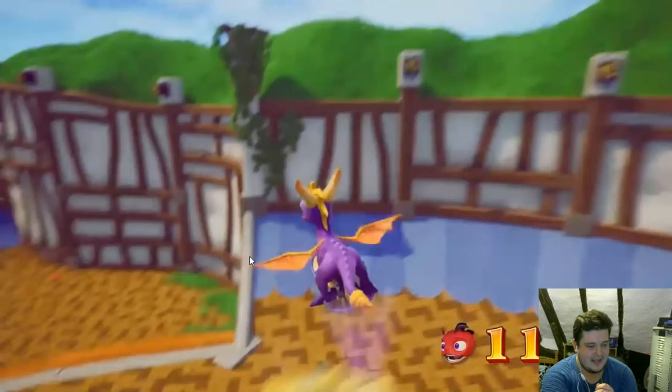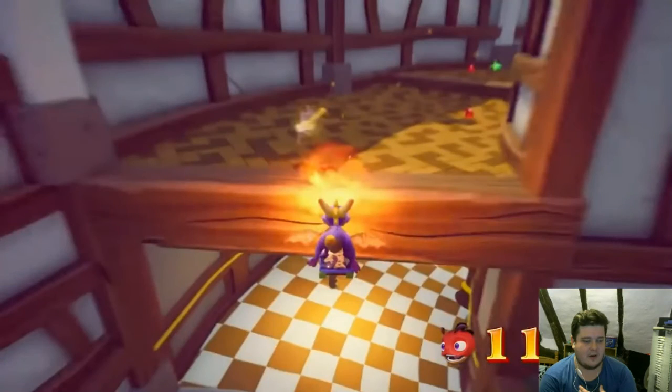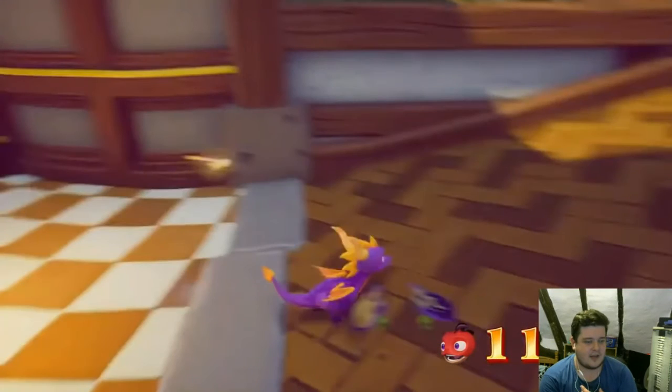I don't know how far we are in. I want to see, I assume that it's going to be the same challenges and everything, but hopefully, okay, looks like this person's having a little bit of trouble getting across there. I don't know if this is just that person's less experience or they've maybe made it a bit more difficult. I wouldn't be surprised if they made it more difficult. There were a lot of rumours of...